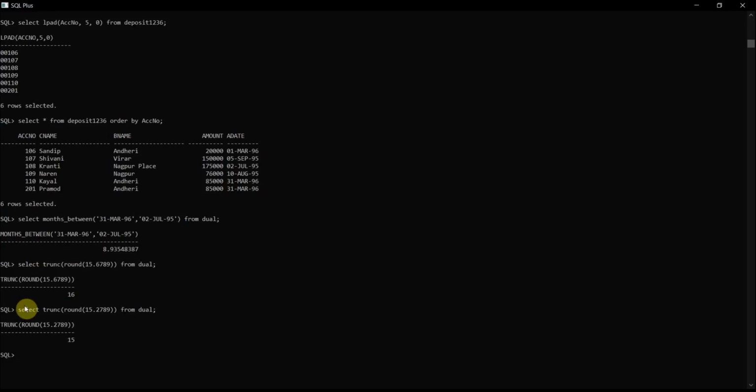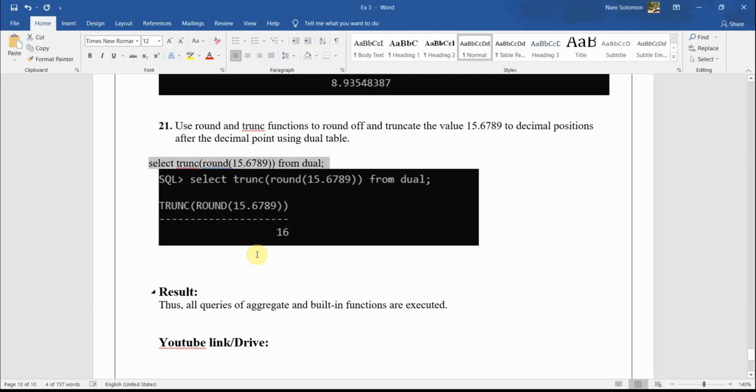For that we have trunc. Trunc makes the number into a round figure. If the number after the decimal is more than 5, then it will become the next number. Otherwise, if it is below 5, it will stay the same value. If it is 0.5, then it will be, sorry, 1.5, the answer will be 1.5. So this is about truncating.